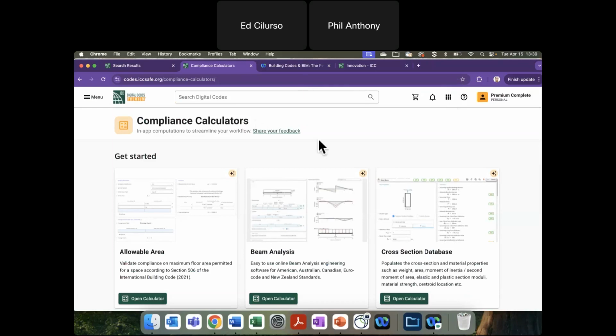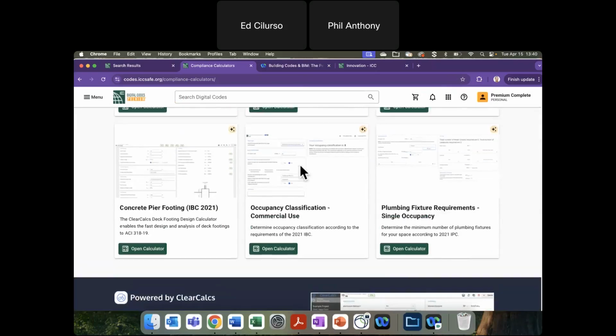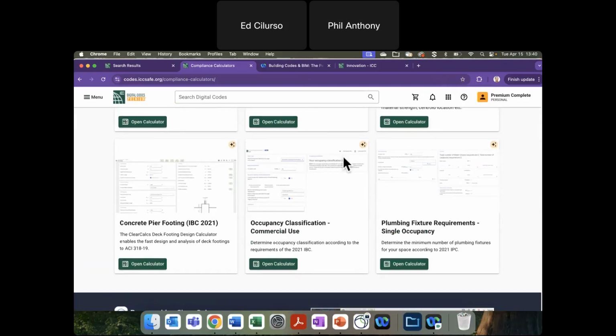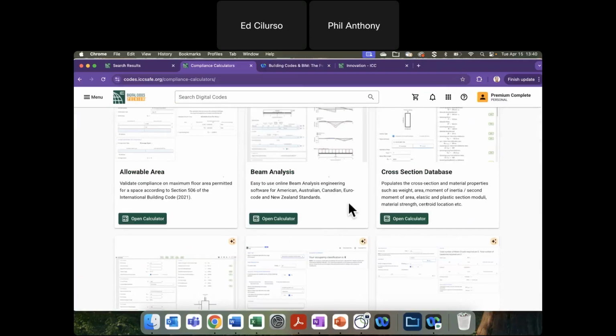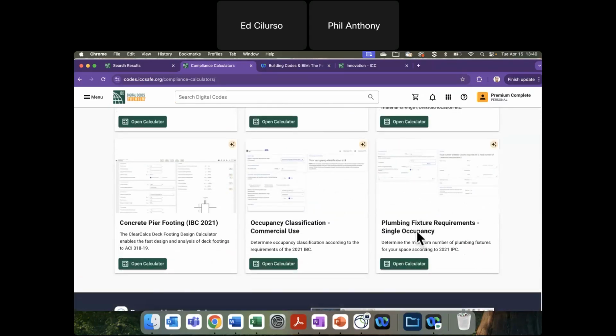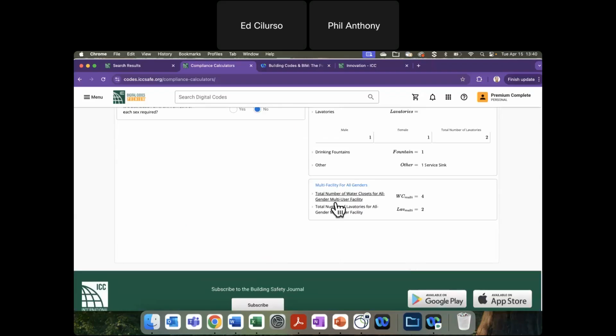So say I want to get some information from AI Navigator. I'm going to ask it about allowable area, but then I'd like to calculate allowable area as well. You'll be able to use the calculator to do that. We've had these calculators here a little bit over a year. We started out with just a few of them, and we have just added the plumbing one. These are requests that we're taking, the next ones coming in to be used. These are available with any of your Digital Codes premium licenses.